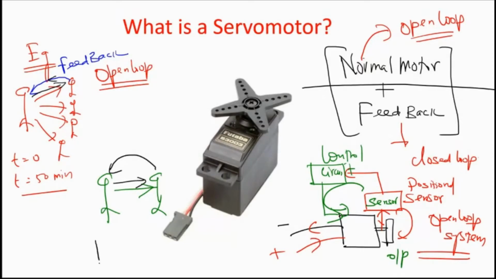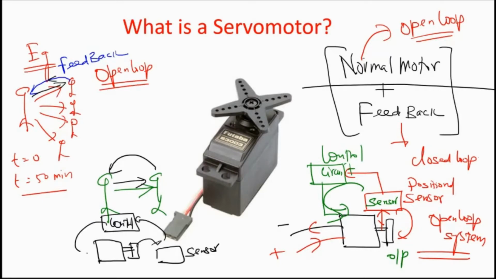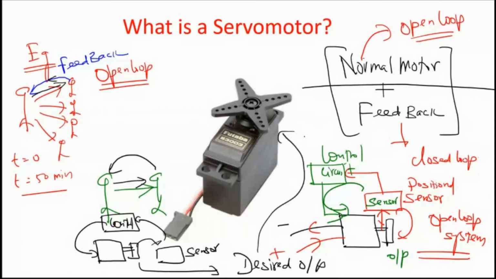Just like this is a motor. Okay, so it is sensed by a sensor. The sensor output is given to a control circuit. The control circuit in turn controls the motor so that the desired output is achieved. What is the desired output here? I want the shaft to rotate at a specific angle, typically at 0 to 180 degrees. So the servo motor typically rotates from 0 to 180 degrees. Okay, so that is the concept behind a servo motor.